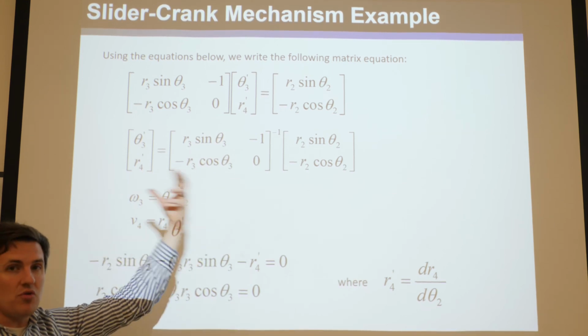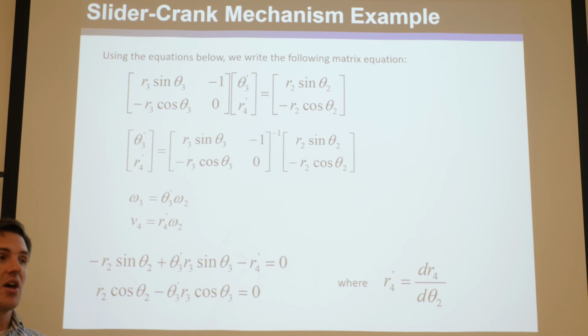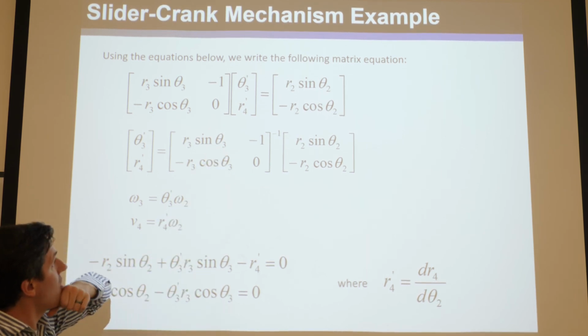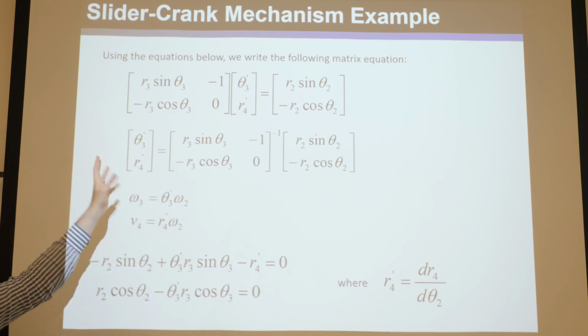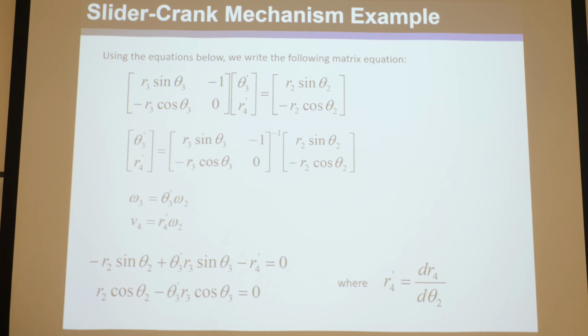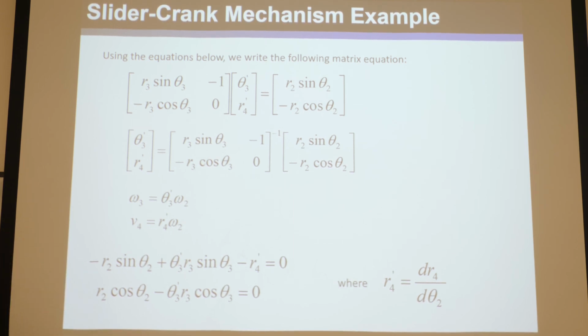But remember, you do know it because you can't do velocity analysis until you do position analysis. And once you do position analysis, you know theta 3. And you know R4. You know everything from position analysis. Because I gave you theta 2, you solve for R4 and theta 3. You're done with position analysis. Now you do velocity analysis, and you depend on what you solve from position analysis. And so